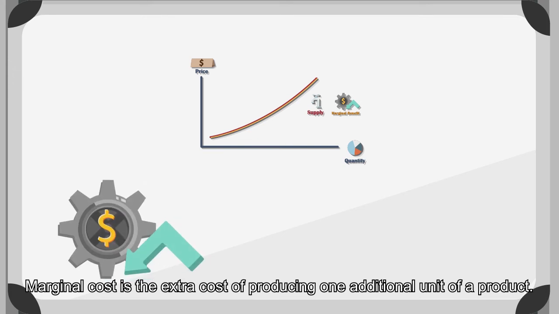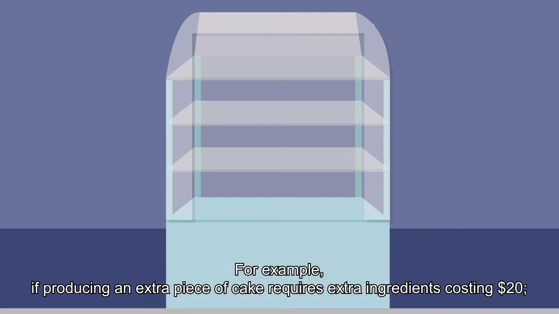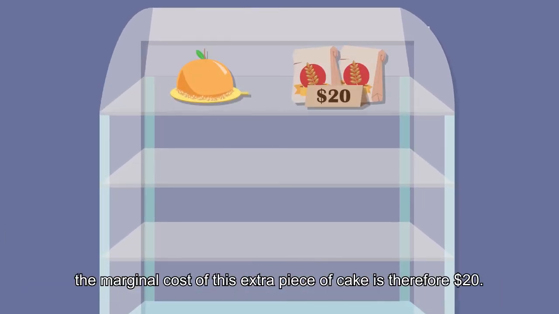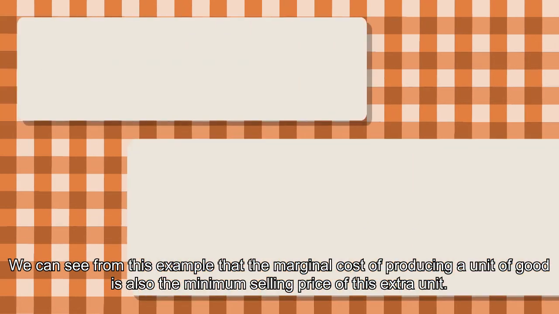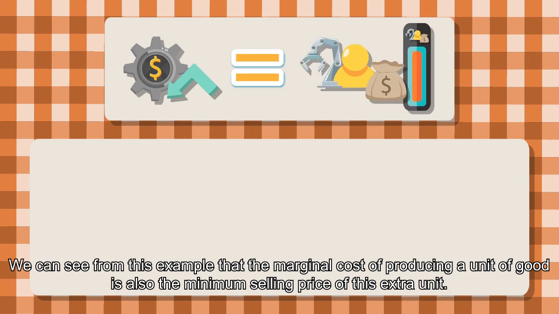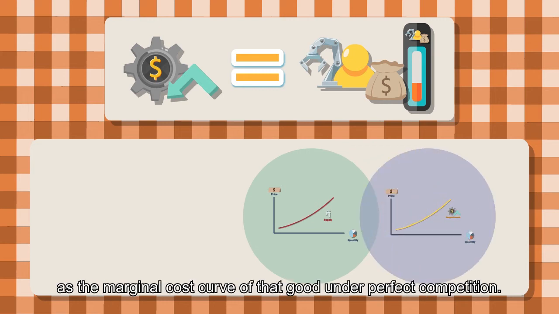Marginal cost is the extra cost of producing one additional unit of a product. For example, if producing an extra piece of cake requires extra ingredients costing $20, the marginal cost of this extra piece of cake is therefore $20. The producer would only be willing to sell this piece of cake if you pay at least $20 for it. We can see from this example that the marginal cost of producing a unit of good is also the minimum selling price of this extra unit. It's also why we can regard the supply curve of a good as the marginal cost curve of that good